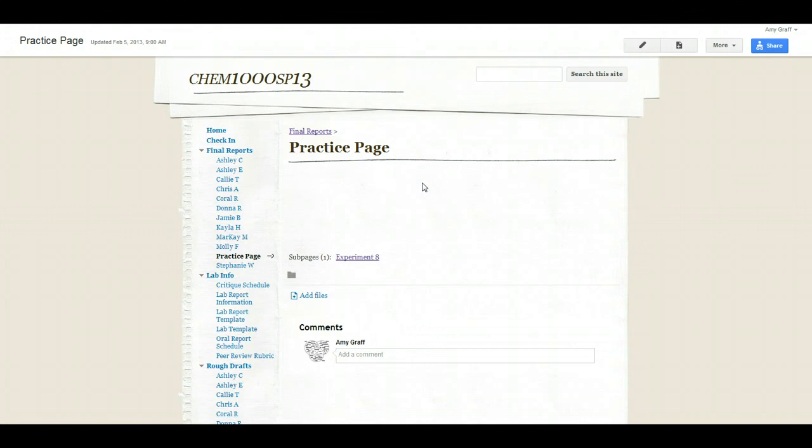I know the next experiment that's coming up is experiment 5. But all I see down here is experiment 8, and I'm not really sure, did I add that? Did somebody else add that? So I want to figure out how I can do that. So I want to be on this page.